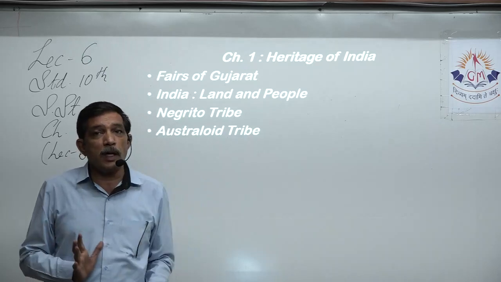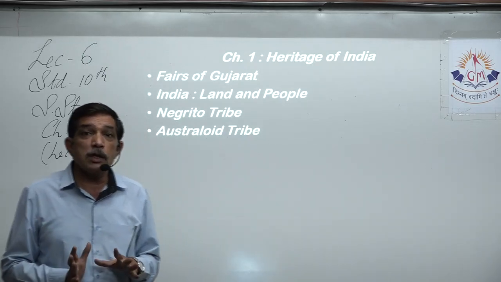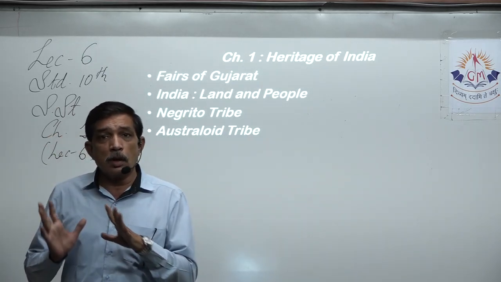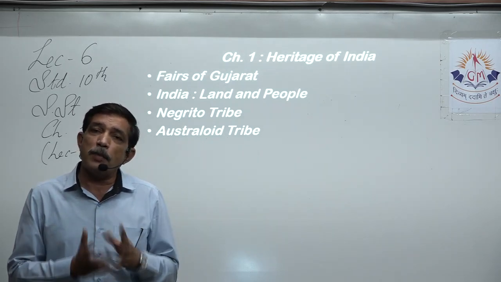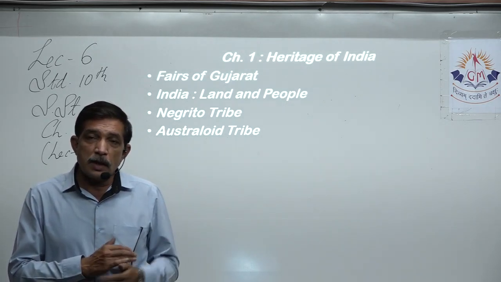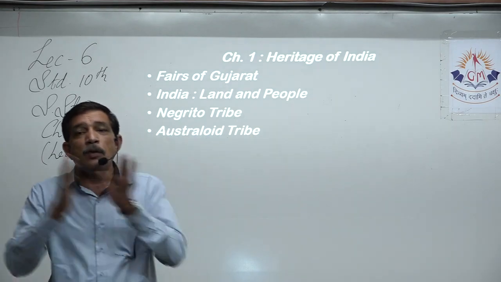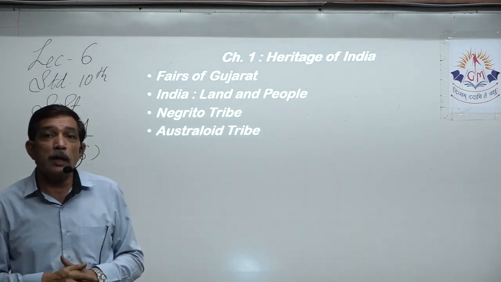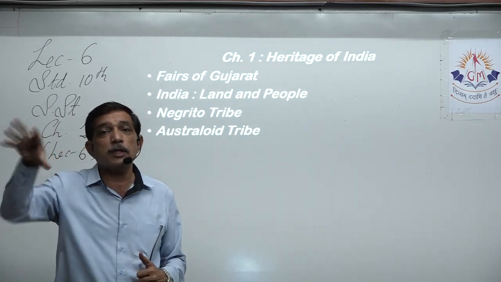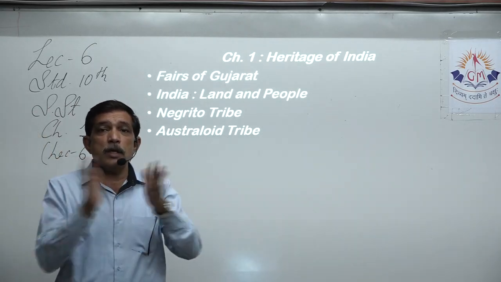The last item in the table is the tithi or the time at which the fair is held. There are 15 fairs, and this is complete objective, because it can be asked in match the following. Yes, for example, Mera Dadar fair, it will be written in part A, we have to match it accordingly, which place or which tithi, whatever is mentioned in part B. So in this way, match the following.